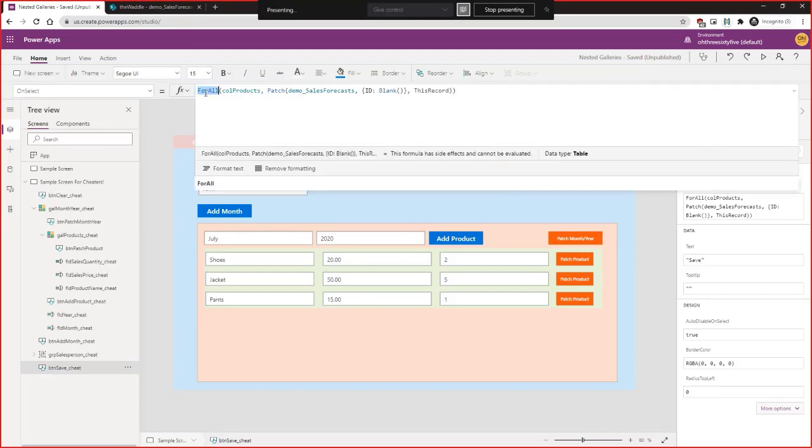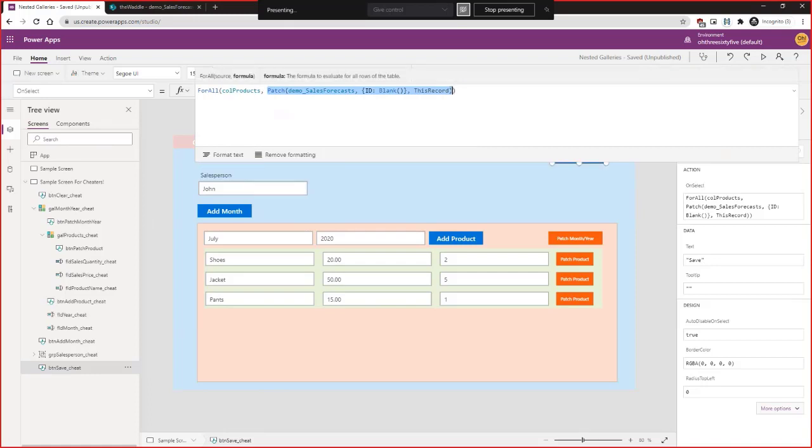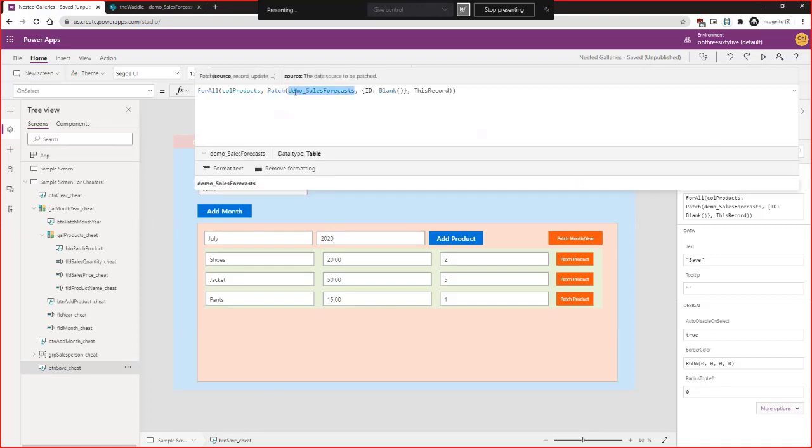So again, Power Apps has this function called ForAll, and what it does is you basically say, for every row that is in this table, this collection, whatever it could be, for every row that is in this collection, I want you to do this. So again, you see that Patch function comes back up, and really what it's doing is we're just saying, I want you to create or update something inside of this location. So in this case, we are now referring to the table that I have in SharePoint, which is the demo_sales